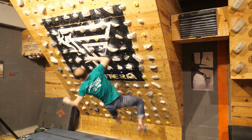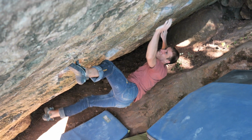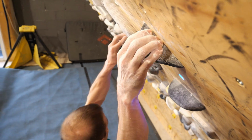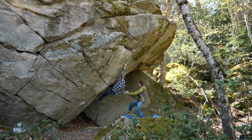on hard outdoor problems. With years of climbing experience and over 150 double-digit outdoor boulders in my logbook, it's easy to think I should have similar success on the MoonBoard. But honestly, it's not that straightforward. The holds, the technique, the mindset, there's just something about the board that makes it feel very different from climbing